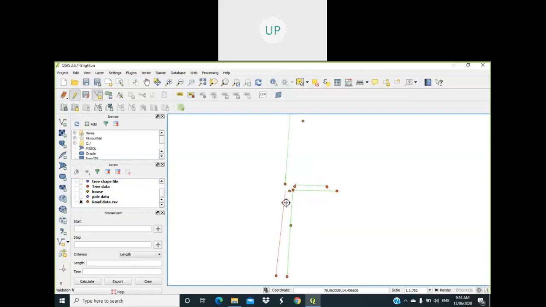Manually you can do it. After that, save layer edits. So you can see the points joining all the roads.